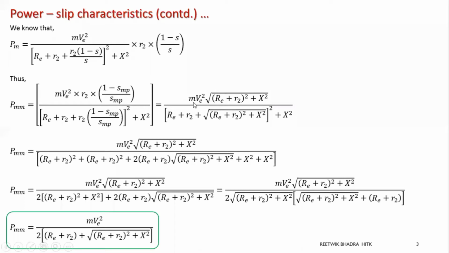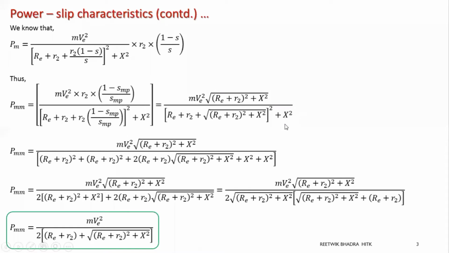Next step will be this one. So the numerator remains the same. Next step, we have written the same over here. In the denominator, RE plus R2 whole square is the first term we have written. Then what will be the second term? B square. So RE plus R2 whole square plus x square, square root, whole square. So this square root will go away. The only term which will remain is RE plus R2 whole square. So it is written RE plus R2 whole square. Another term which will be there is x square. So it is written x square over here.